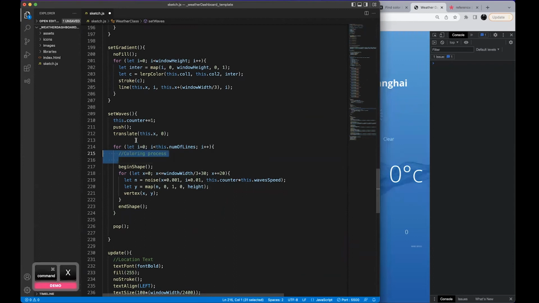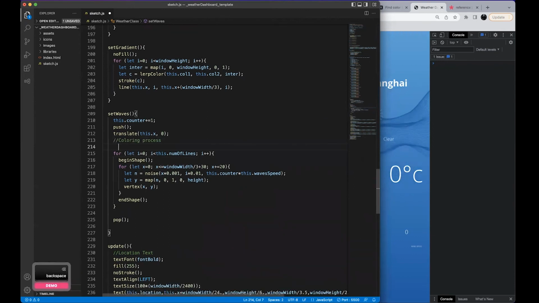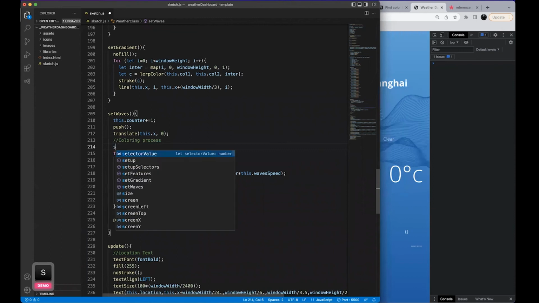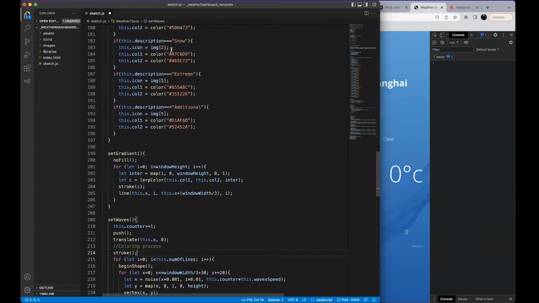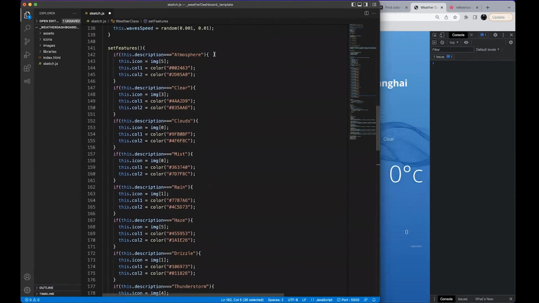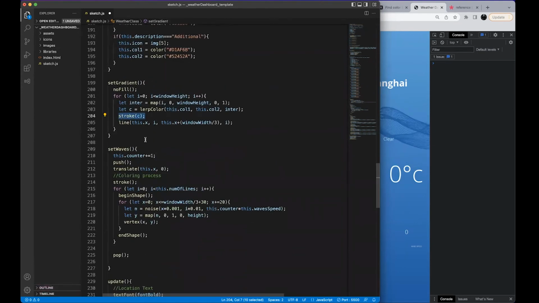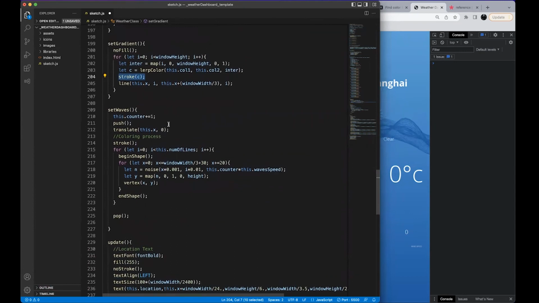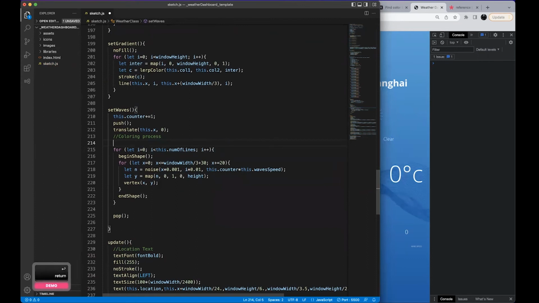this can go outside to optimize a little bit the speed, right? And we can define a specific stroke value, and we can follow the same process that we did here. And according to a specific description, like if the description that comes from our API is, let's say, atmosphere as an indication, then the stroke of this will be such and such,